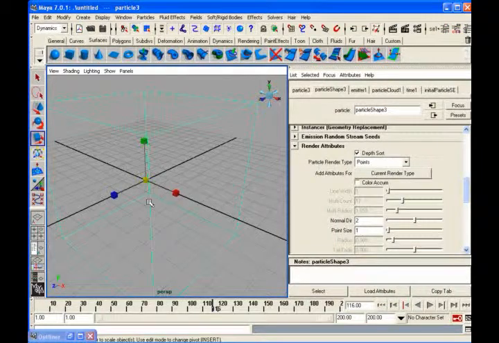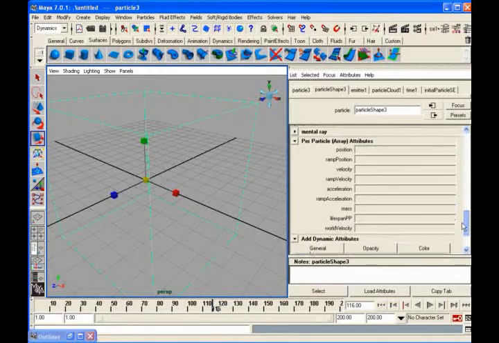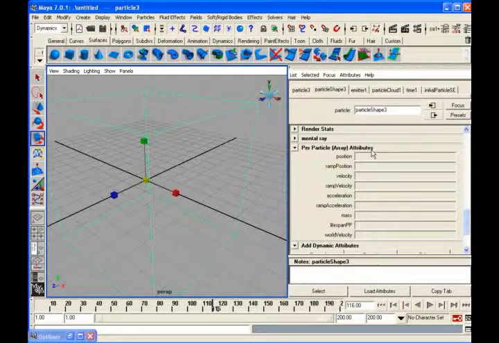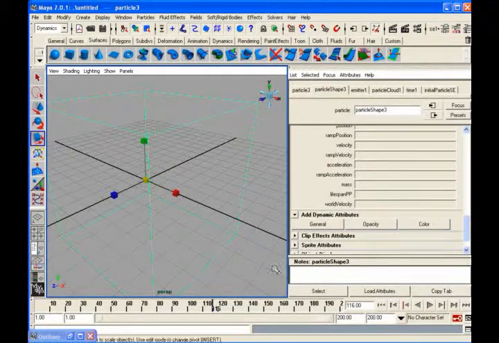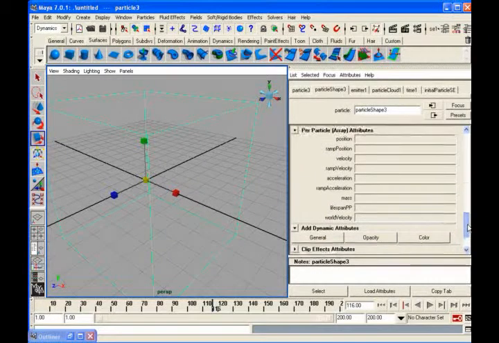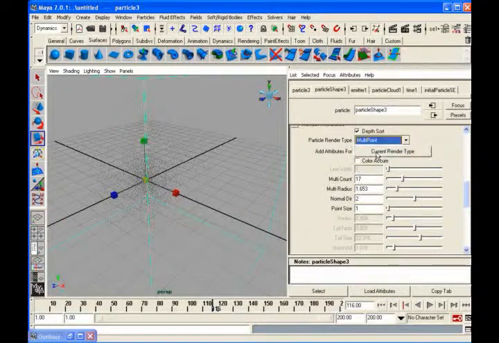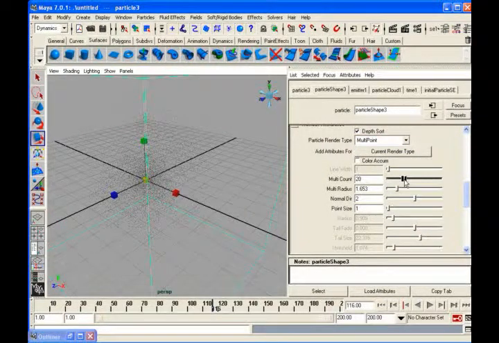Then there is something called per particle emission rates. These are very important. Okay. So here we are going to give the general color, ramp maps and all those things. Scripting will become in these three attributes only. So let me first see what I have to do. Let me go for multi points. Increase the count, increase the radius or whatever it is, or let me go for multi streaks.